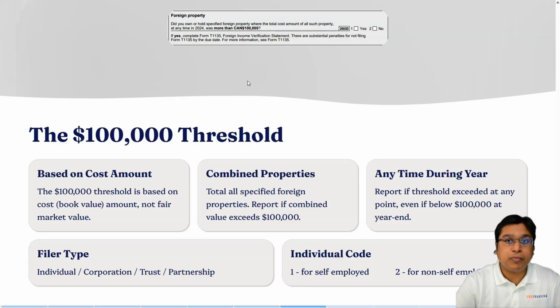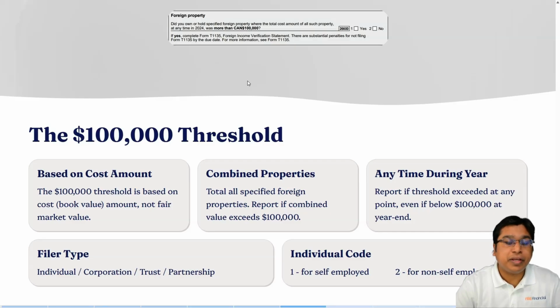If you have multiple foreign assets and the total cost of all those foreign assets is over $100,000, then you have to report all of them on your T1135. Imagine that you purchased a property for $150,000 at the beginning of this year, and by mid-year or later, you sold it for $150,000. That means you didn't make any money, but because the cost of your purchase is over $100,000, it will trigger a T1135. That means you have to report that asset on your T1135 reporting.